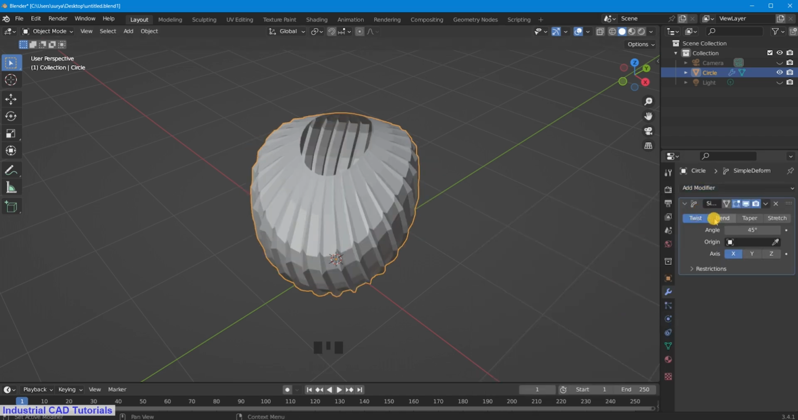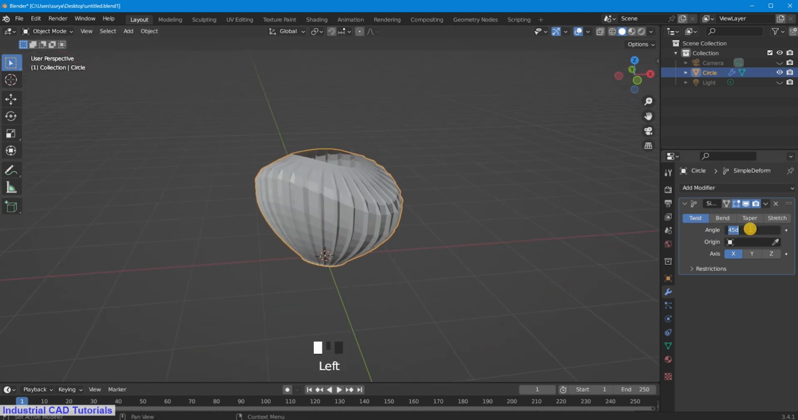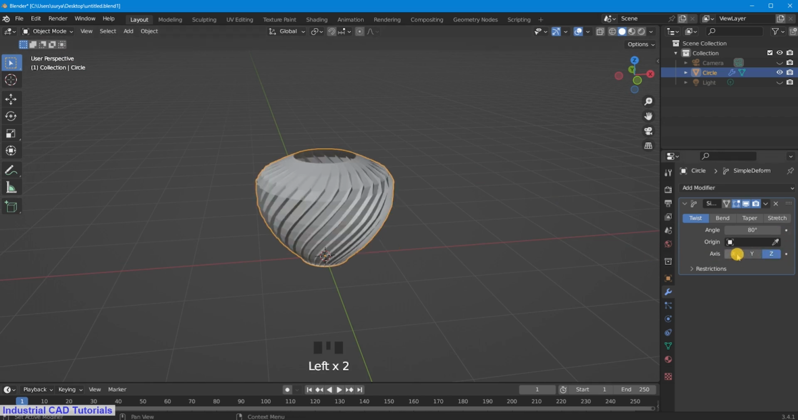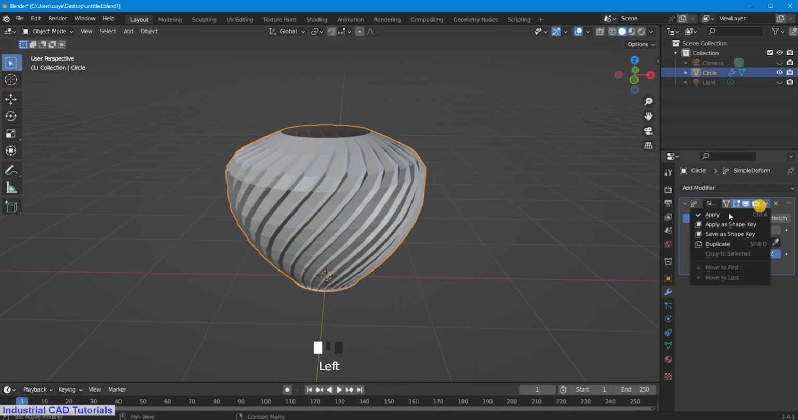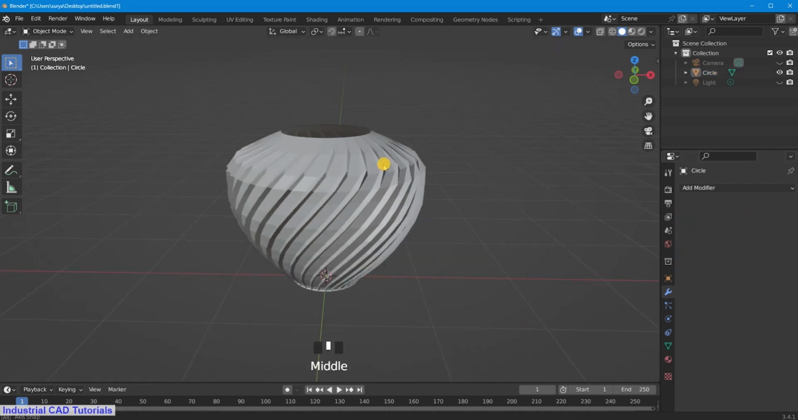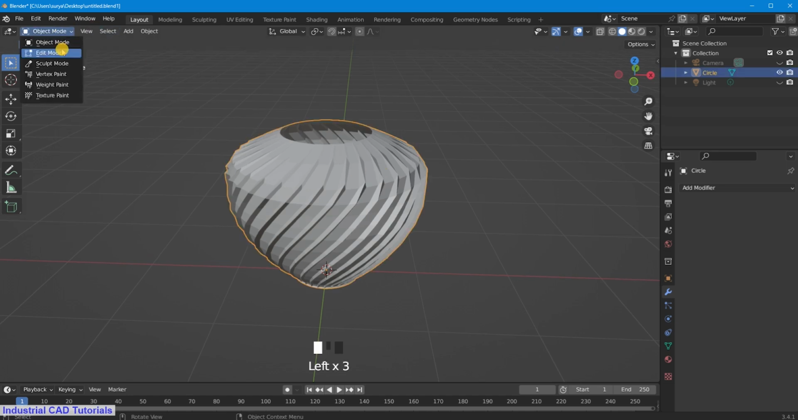Select the simple deform. Here there are 4 modes: twist, bend, taper and stretch. First select the twist option and then make the angle 80 degrees and change the axis to Z axis. Then simple deform is completed. Then you can see at 80 degrees, some angles are deformed. Then I am applying these 2 objects. After applying, I want to again go into edit mode,